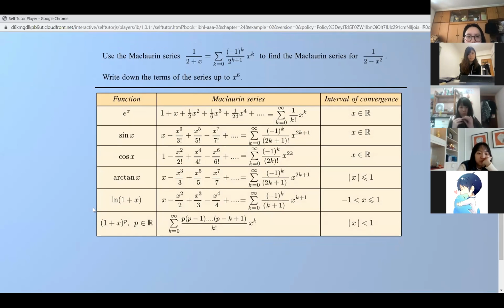Notice that each of the series has an associated interval of convergence. For values of x within that interval, the Maclaurin series converges exactly to the value of the function which it represents. Notice that the Maclaurin series for 1 plus x to the power p is exactly equivalent to the expansion